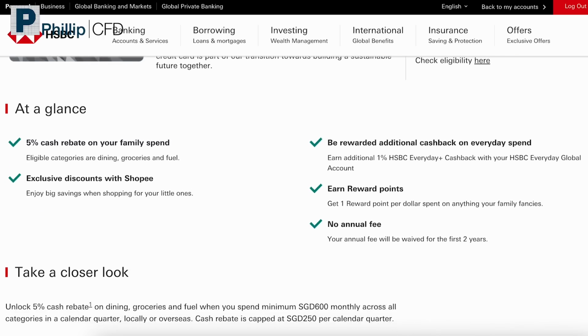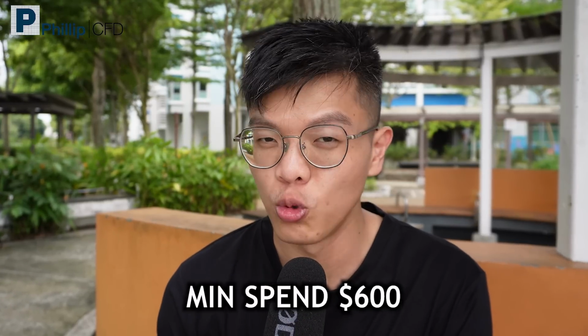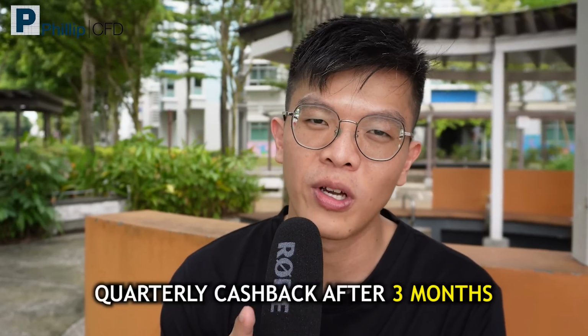Alright, so the last card is the HSBC Visa Platinum. So this card will give you 5% cashback on groceries, dining and petrol. And it comes with a minimum spend of $600 a month in order to earn that 5% cashback. So if you spend below $600, you do not get that 5% cashback. And the other mechanic is that you need to hit a consecutive $600 for 3 months because your cashback only comes